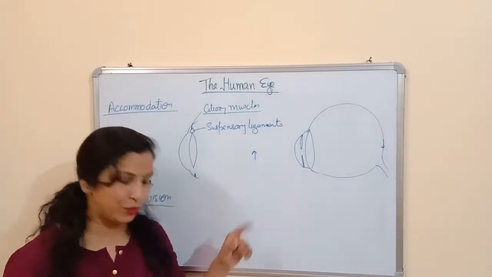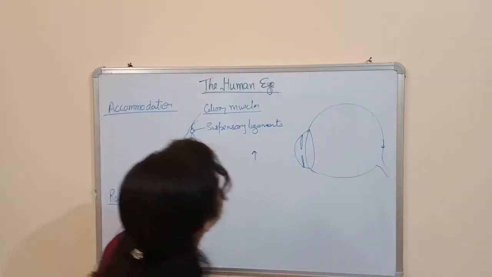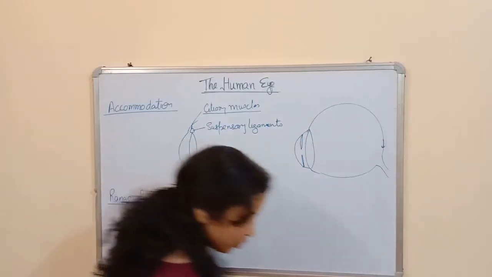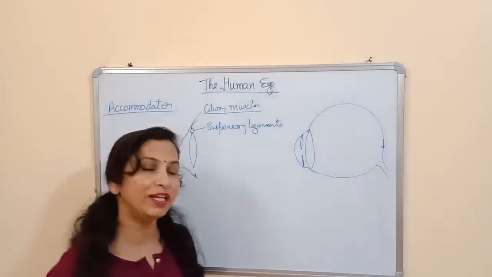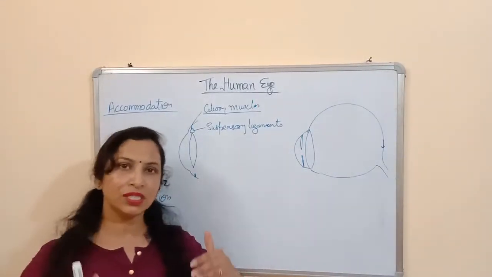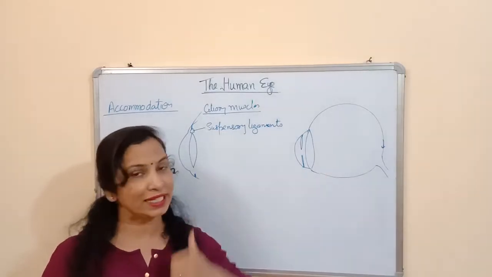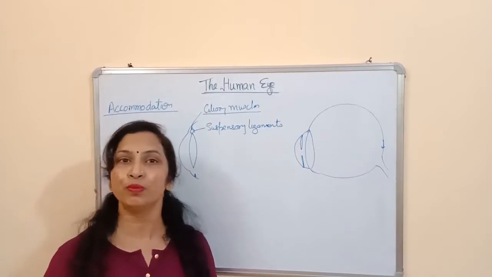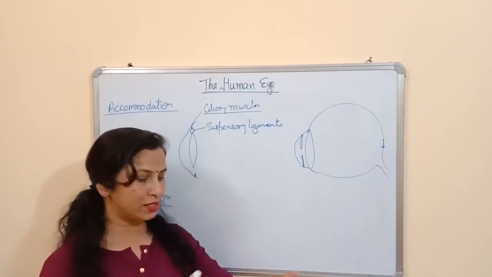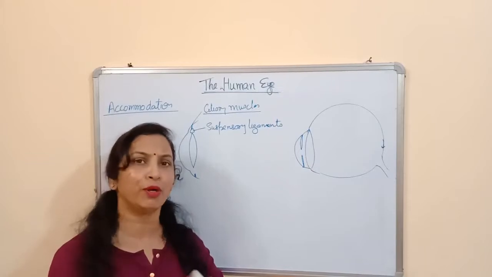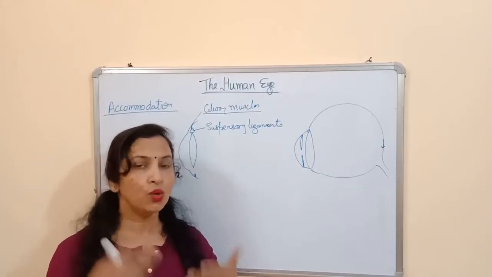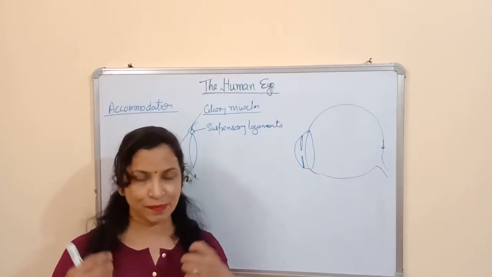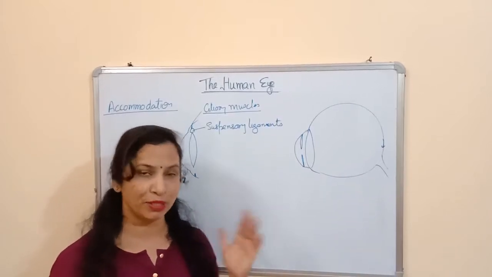In the last lecture I explained how the human eye works. Now I am going to explain what accommodation is. Actually, we should know the meaning of accommodation. Accommodation means we are able to see the nearby as well as the far object clearly. Suppose you are reading a book or writing in your notebook, then you are able to see the object which is at a distance of about 25 cm from your eye. So how are you able to see the object at a distance of 25 cm? I am going to explain what happens and how you are able to see this.